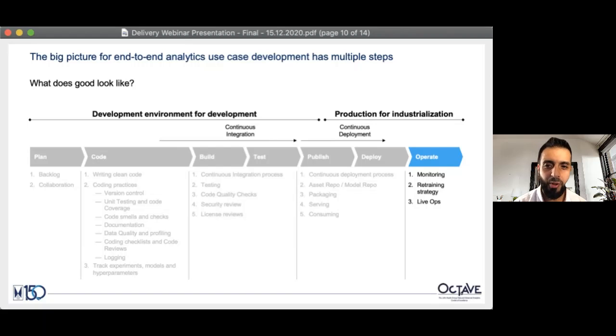I'll start with monitoring, which is a super important topic. AI models at their best suffer from brittleness: brittleness in the data engineering pipelines, in the data that flows in, and something called data drift. If I unpack that, it's when something happens to the input data that affects the model's prediction accuracy.